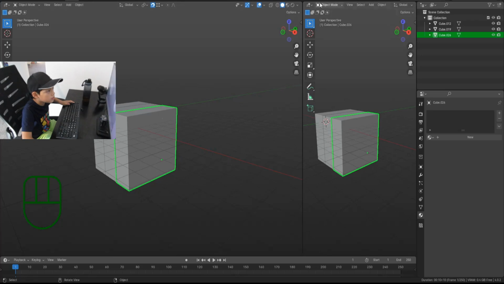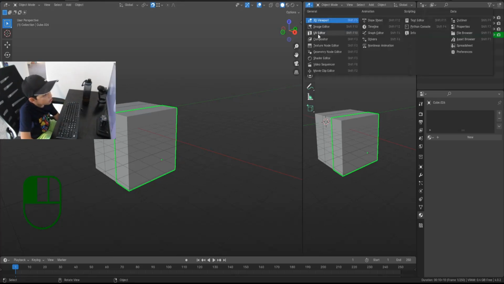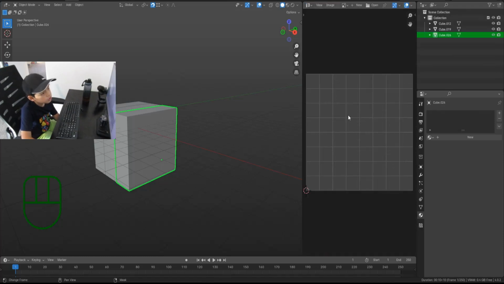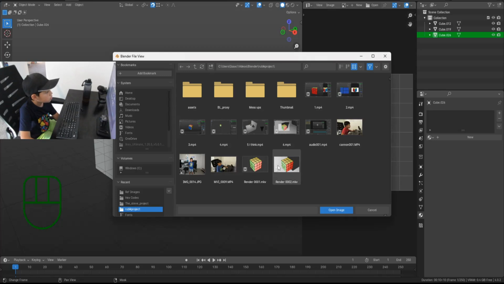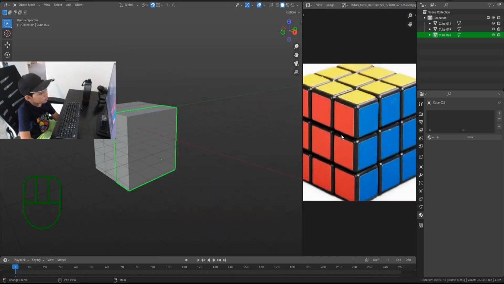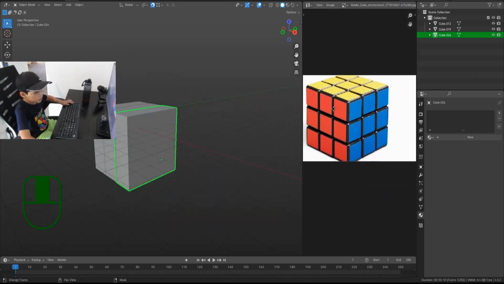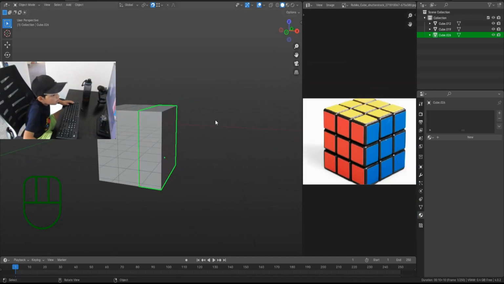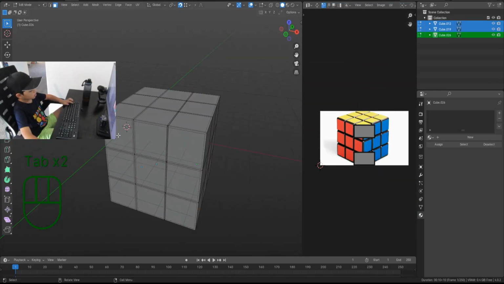drag your mouse. Then click in this editor type and go to UV editor, and you can just show your image here. Press open image. Let's use it as a reference. So go to face select and then go to the materials tab and add a base material,